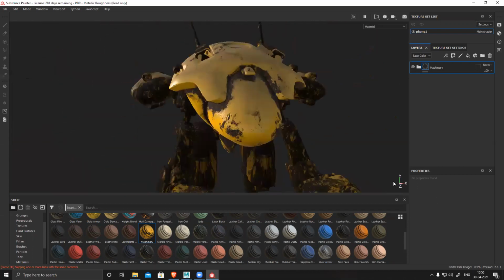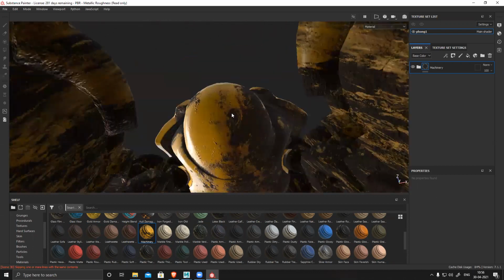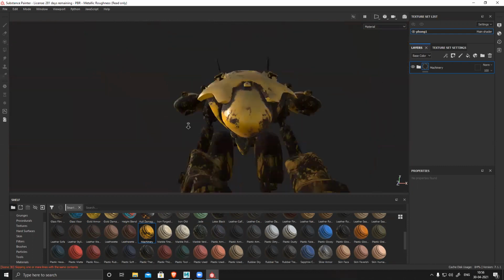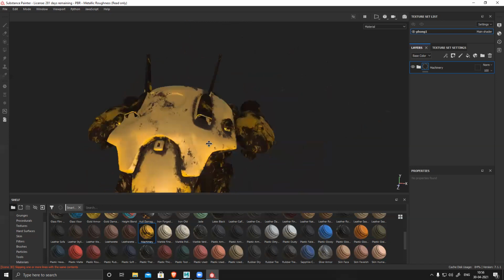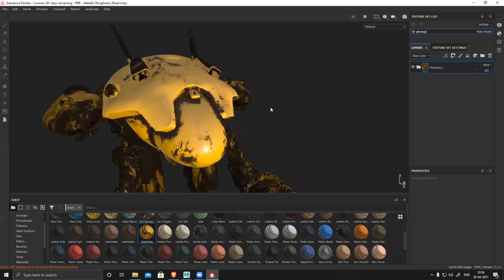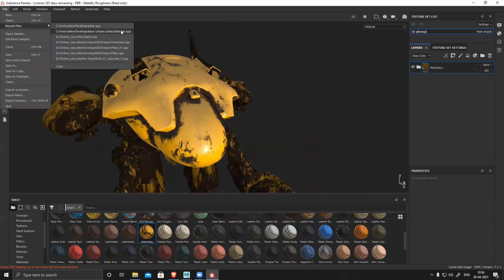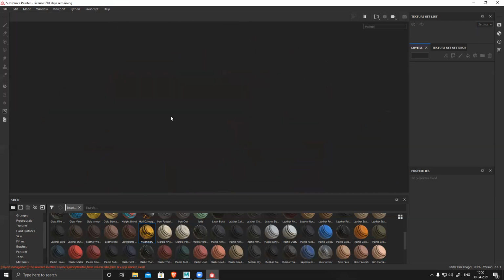You can see it's not symmetrical, and it's super easy and super fast. You can create a really good quality texture in this very easily. I have some recent files, let me show you quickly. It's not very difficult. It's just a matter of understanding what you are doing and what these things are. If you understand that, you can do it super easily.